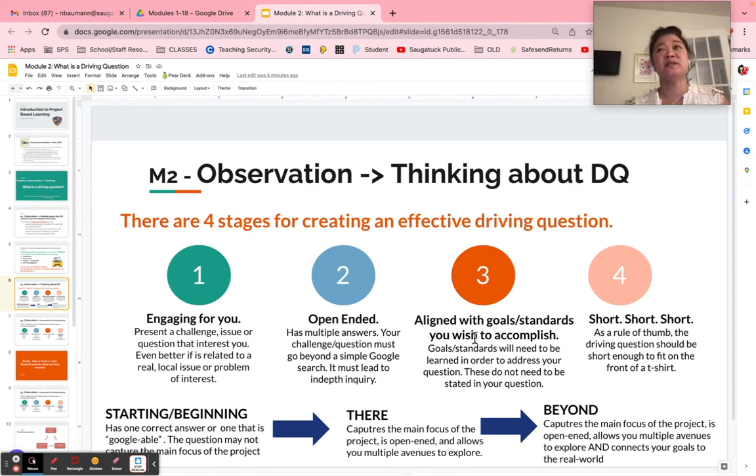Maybe you're going to present this, or you'd like to create a website or a YouTube channel. And then another goal might be to do some public speaking. So again, your goals and standards will need to be learned in order to address your question. Some other things you might think of are, besides technique,